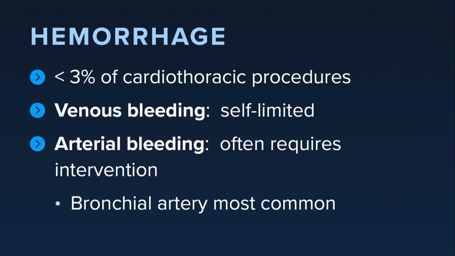And the reason for this is post-thoracic surgery, whether it's a VATS or a lobectomy, the bronchial arteries, even if very, very small, are under much higher pressure than the pulmonary arterial system. And so even very small bleeds often won't stop on their own, whereas a pulmonary artery bleed is often going to be self-limited if it's one of the smaller branches. And so again, the literature says that the bronchial artery is the most common culprit for hemorrhage